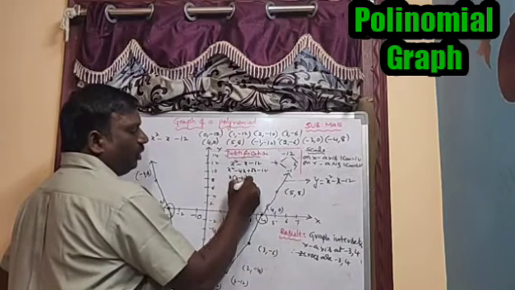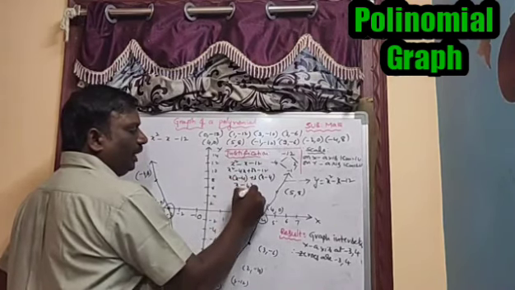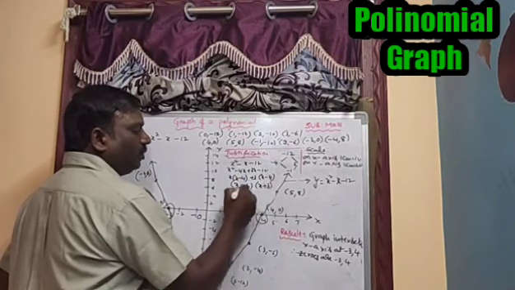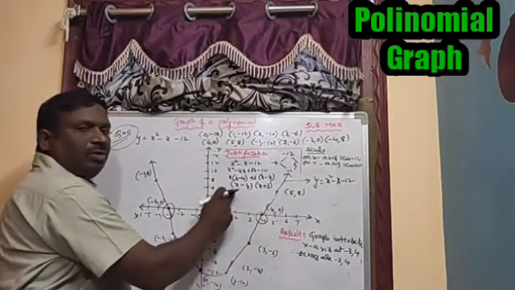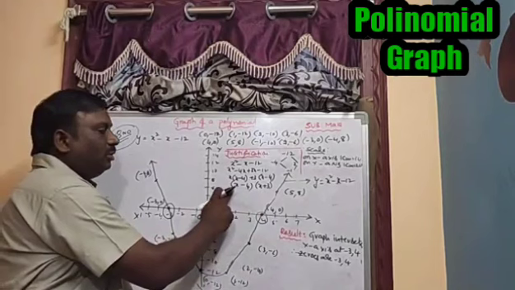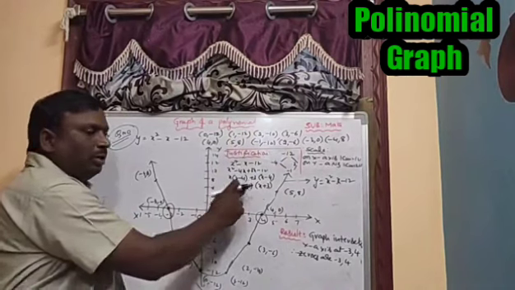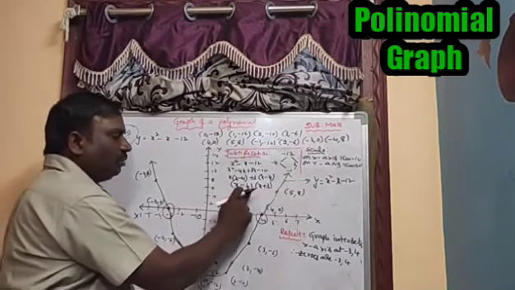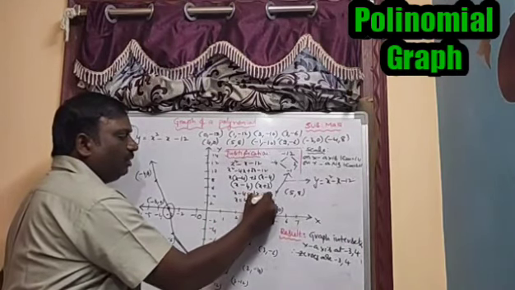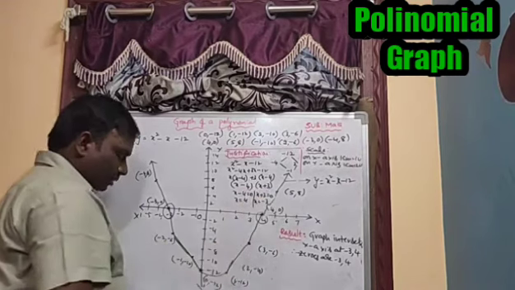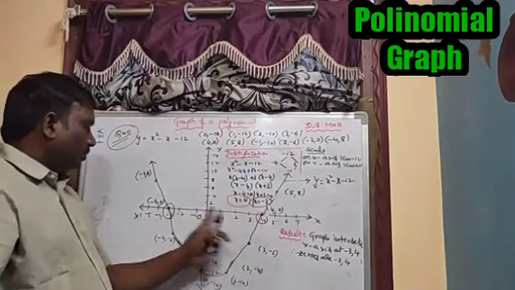Take x common, x minus 4, write x minus 4 as it is, plus 3, so you get x minus 4 and x plus 3. These two are the factors. If you take x minus 4 equal to 0, then you will get x equal to 4. Why do we take 0? To get the zeros of the polynomial, we know p of x equals 0. To get the zero, the whole polynomial should be taken equal to 0. That's why x minus 4 equals 0, x equals 4, and x plus 3 equals 0, x equals minus 3. These two are the zeros of the polynomial.